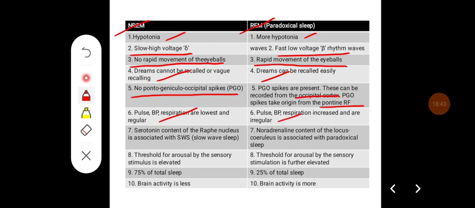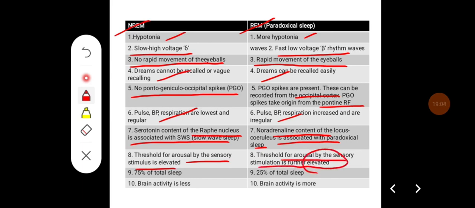The serotonin content of the raphe magnus nucleus is associated with slow wave sleep, whereas the noradrenaline content of the locus coeruleus is associated with paradoxical sleep. In NREM sleep, the threshold for arousal by sensory stimulus is elevated, whereas the threshold for arousal by sensory stimulation is further elevated in REM sleep. NREM sleep occupies almost 75% of the total sleep, whereas 25% is REM sleep. In NREM, brain activity is less, and in REM sleep, the brain activity is